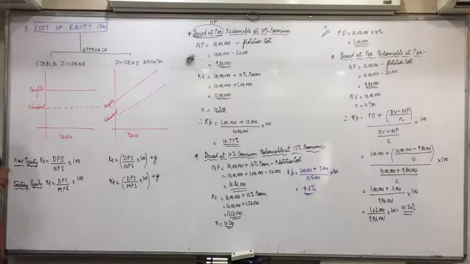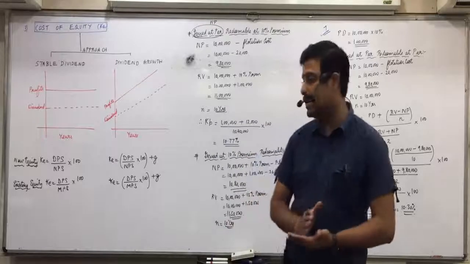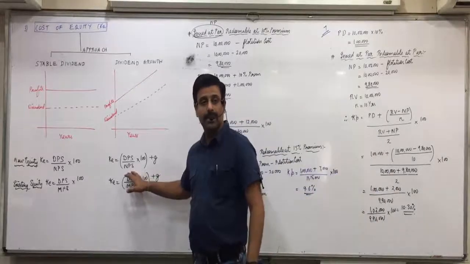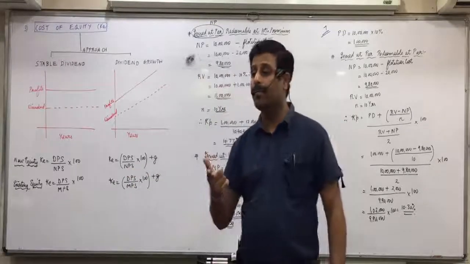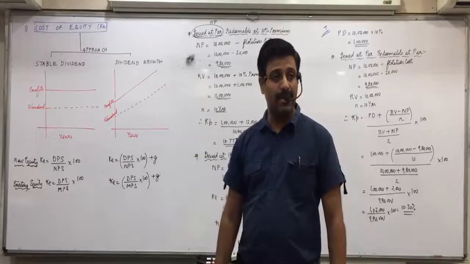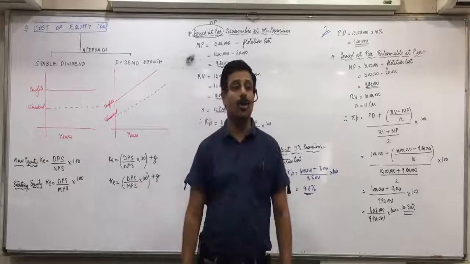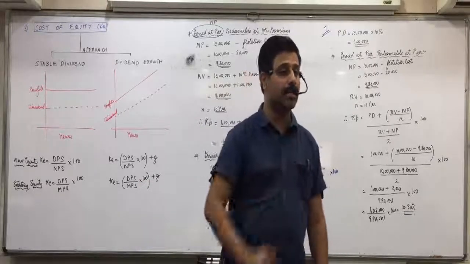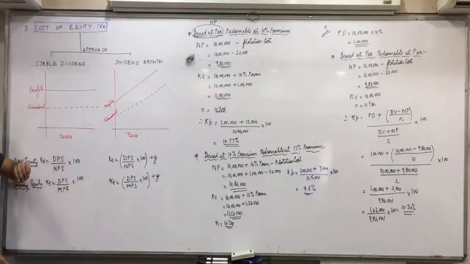And I'm sorry, 10% means you'll not add 0.1, you'll add 10 itself. So if your rate of equity is coming to 16%, then your cost of equity will be 16 plus 10, 26%. If the growth rate expected is 5% and your cost of equity is coming to 17%, then 17 plus 5, the cost of equity will become 22%. Did everyone understand this? Anyone having any doubt in this? So two approaches are there, note them down. Questions of cost of equity will start in the next period. Okay?